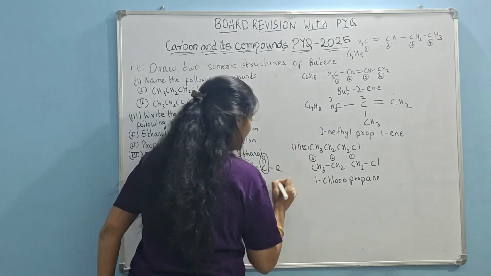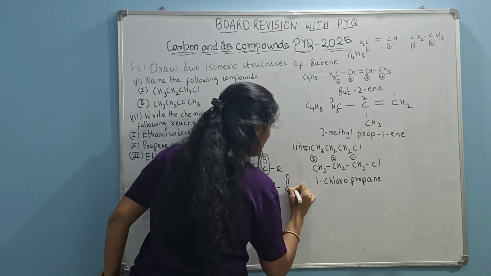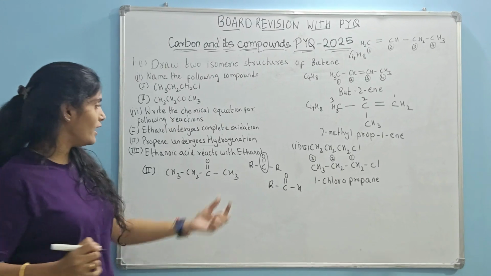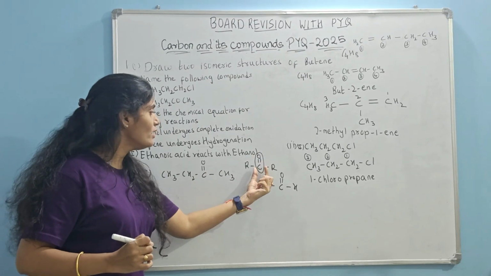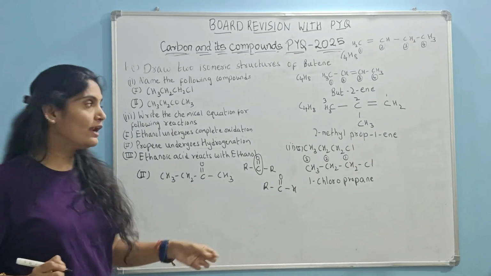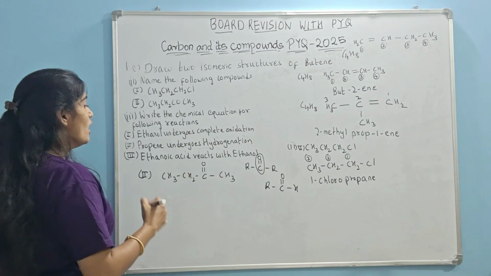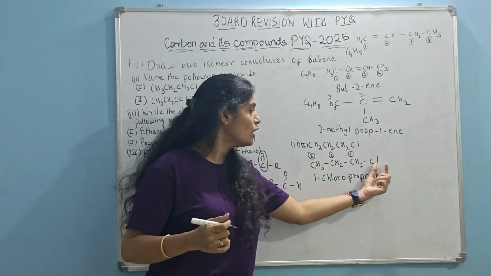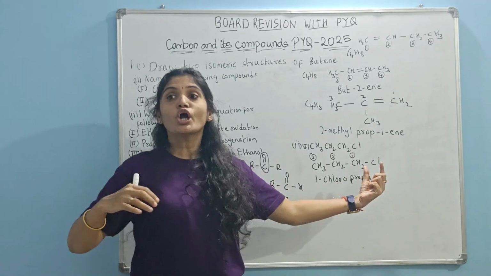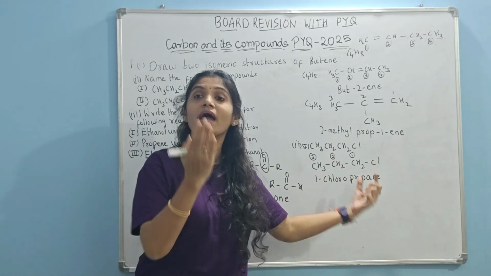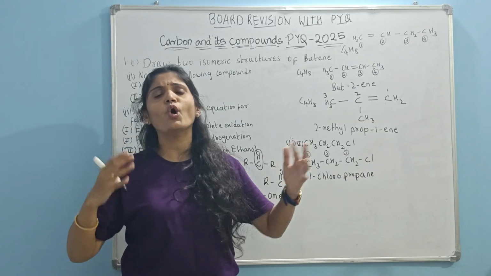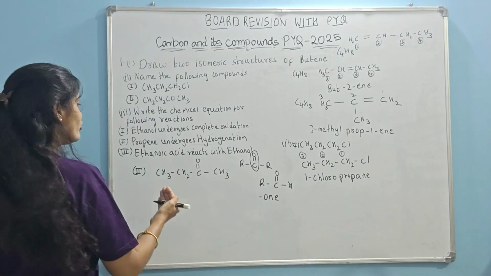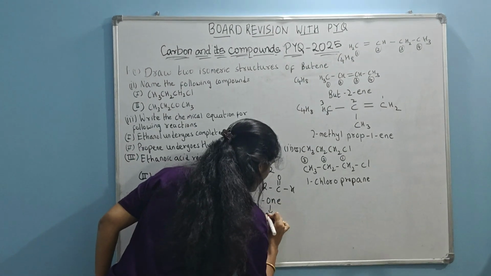When do you say it is an aldehyde? If you have a carbonyl group on one side, and on the other side you have hydrogen, I call it an aldehyde. So looking at the structure, carbonyl group, and on the other sides I have 2 alkyl groups, I should call it what? Ketone. Now ketones end with the suffix -one. Here I didn't take chlorine in the suffix part because chlorine I usually consider as a substituent, and I write chlorine, bromine, iodine, fluorine at the starting because I consider them substituents. Now when it comes to ketone, I consider ketone as my functional group.